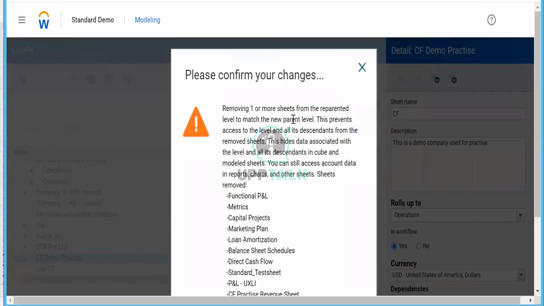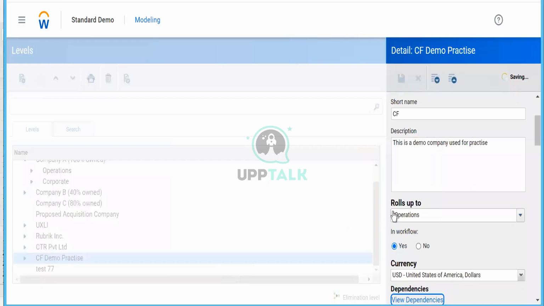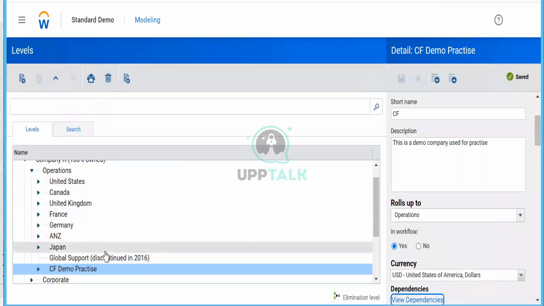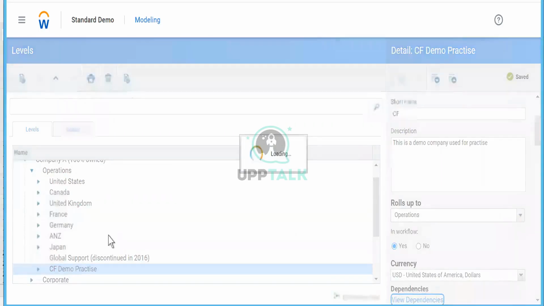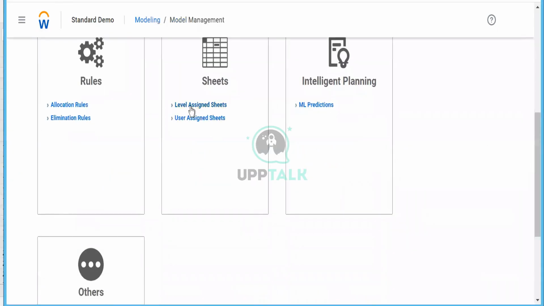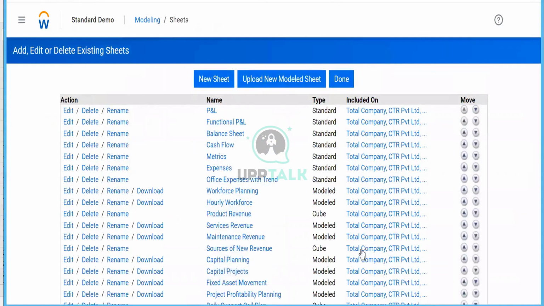Removing one or more sheets. We just added one sheet only. We have it here in operations. Let's re-add it in the sheet. You can see it changed now.